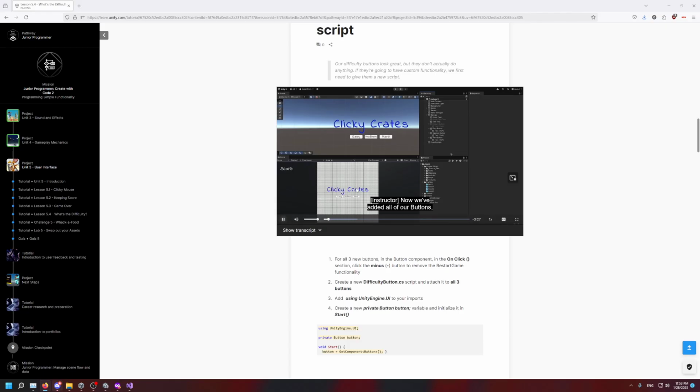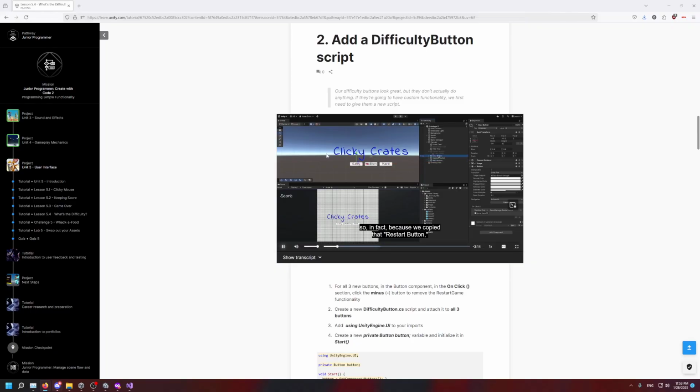Now we've added all of our buttons and our title text to our game, but these buttons don't actually do anything, so we'll need to create a script to do so. One thing that we're going to do is just some cleanup. In fact, because we copied that restart button and duplicated it, if you go to the on click, if you select one,